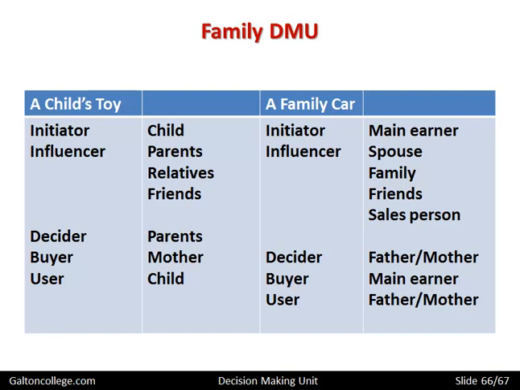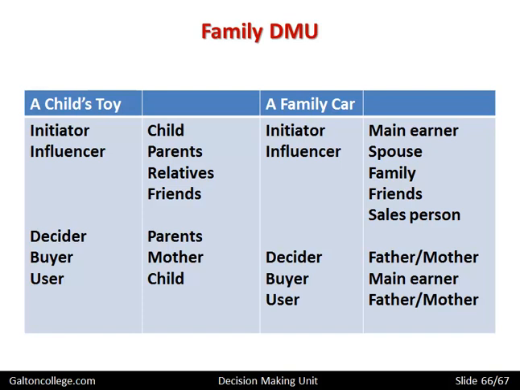which could be the mother or the father, the senior person in the family, who decide to get the car or not. And the buyer could be the main earner, who could be the mother, or could be the father, or it could be one of the children who's working and who's the main earner. And who will use the car? Well, that has to be decided by the family unit. It could be just the mother and the father are allowed to use the car. It's a family car, perhaps, and only the mother and the father are allowed to drive it.